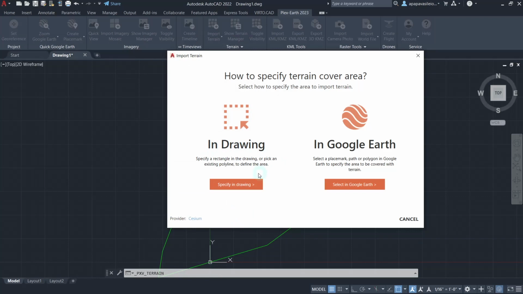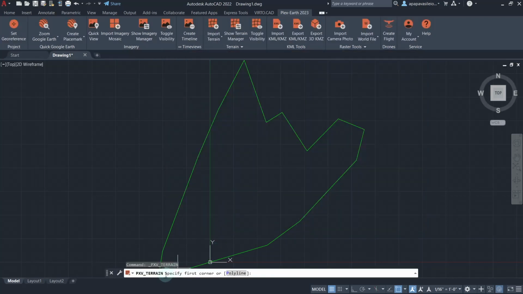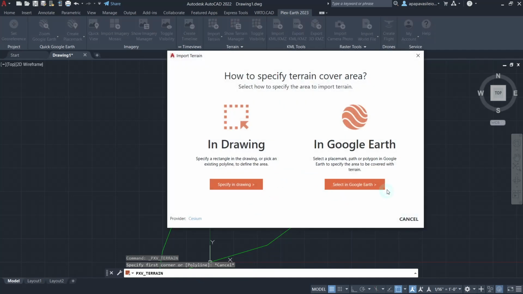You can choose to specify the area in the drawing either by defining the area's two opposite corners or by selecting an existing polyline that bounds the area of interest. Alternatively, specify the terrain cover area by selecting a Google Earth element that defines the project area located in Google Earth.